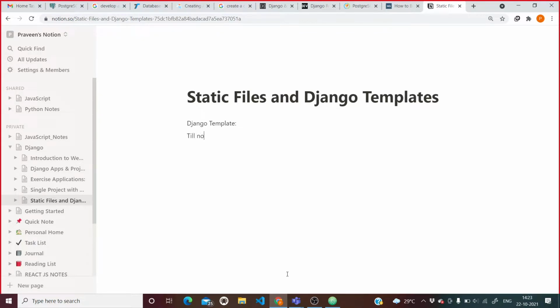Till now we are writing the HTML response in the views.py file, which is not recommended.